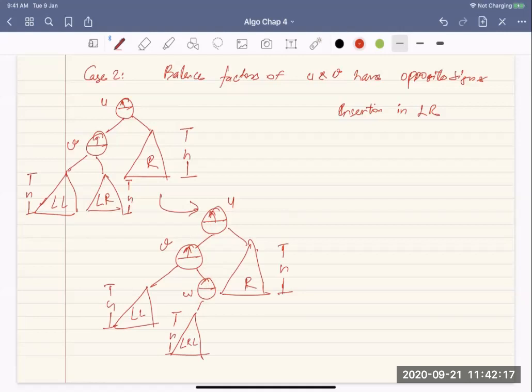Earlier it would have been h minus 1. And LRR is of height h minus 1. Now let's put the balance factors. W will be left tilted. And V, with h and h plus 1, will be right tilted. And U will be minus 2. Now this is the situation after insertion.